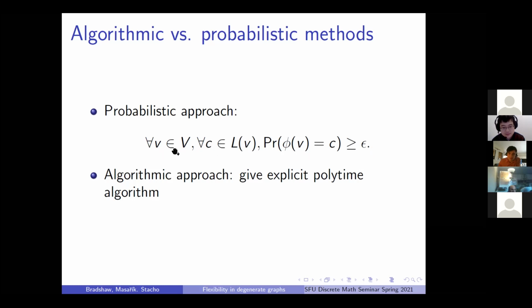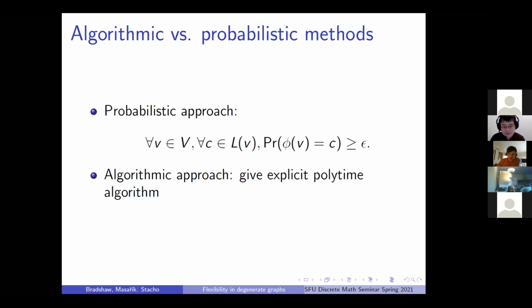But essentially, what people often try to do is show that this probability holds for every vertex and every color on the vertex's list. But this method doesn't actually tell you how to get a proper list coloring that satisfies a positive proportion of your coloring preferences. So we thought it was interesting that we came up with a method that is algorithmic and does tell you how to get an appropriate list coloring. And we think it might be interesting to see if an algorithmic approach can work on other problems in flexible list coloring. So going along with this idea of algorithmic approaches,